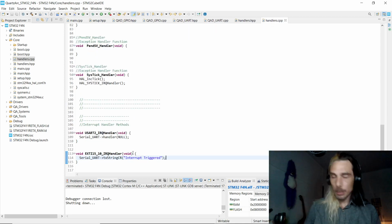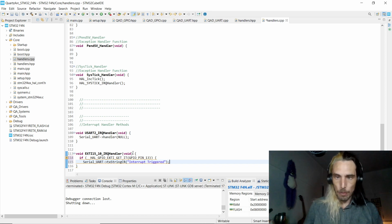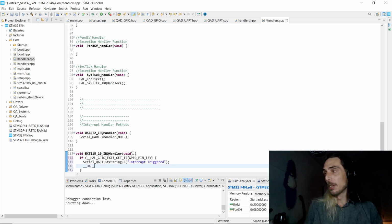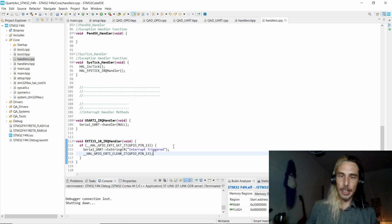So over here, we need to be firstly checking if that was pin 13. So we need to check that the interrupt is being triggered for that pin specifically. If it is, then we can send our serial data, and if so, we want to then clear that one, which is why we were getting all of that scrolling text. That's basically because we weren't clearing the interrupt flag there. So if we pop that on there,